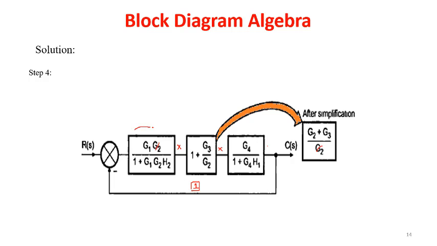So these whole things can be converted into a series. So the answer for this one will be G1 G4